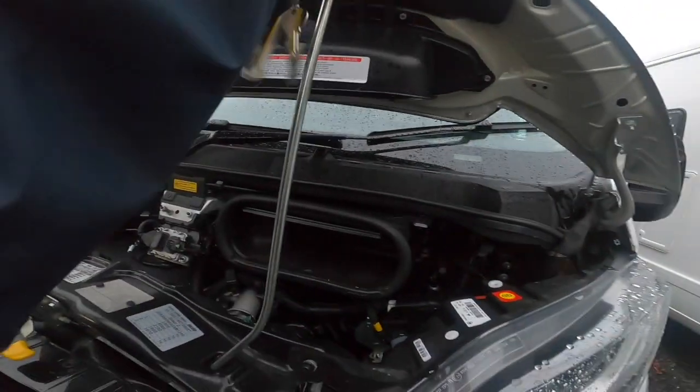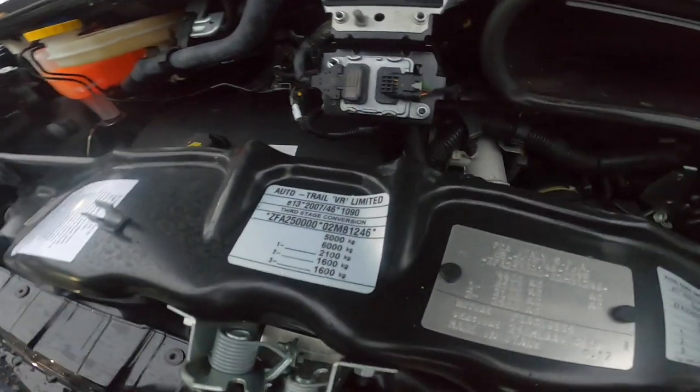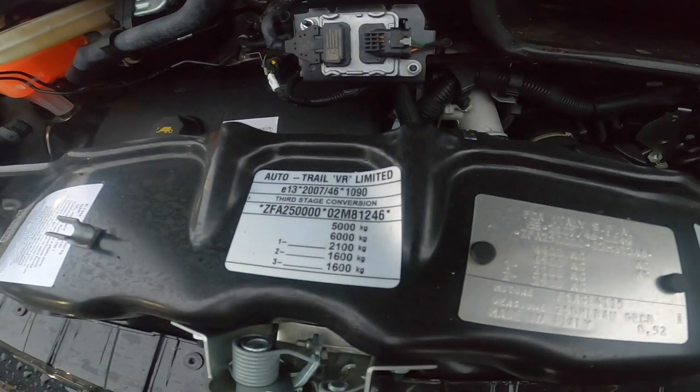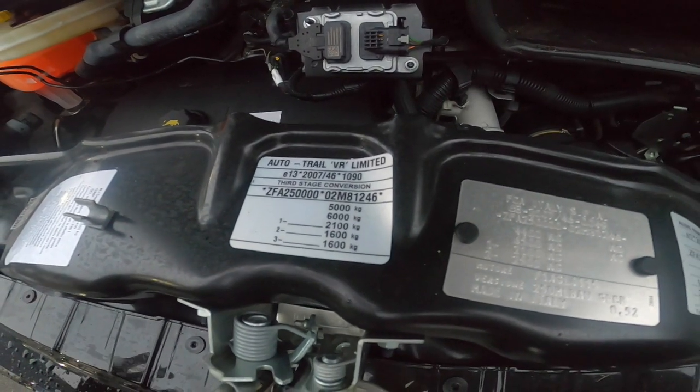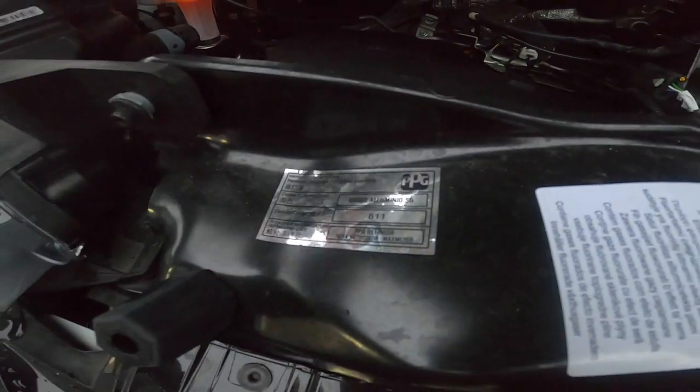First of all, you've got your Alko weight plate, which is the same as your Auto-Trail, as it's an Alko chassis on a Frontier model, so it's 5 tonne gross vehicle weight. You can tow a tonne behind it should you get a tow bar, so the train weight can't exceed 6 tonne. You've got your paint code for the Grigio aluminium,